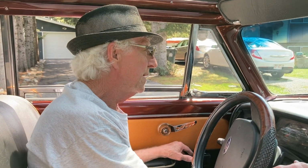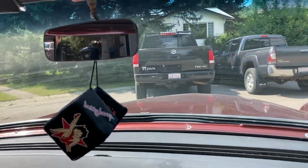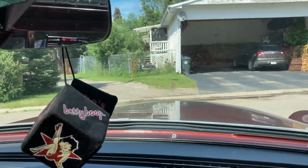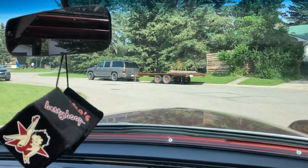Today we're going to take out my 54 Ford Skyliner for a little tour around town, and Shelby's going to be doing the filming for us. So here we go. This car is pretty special. Actually, it's a 1 year only